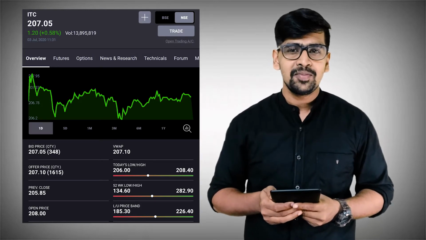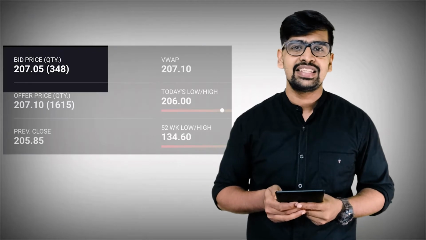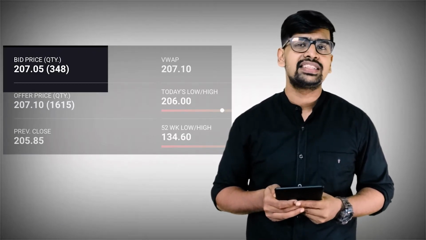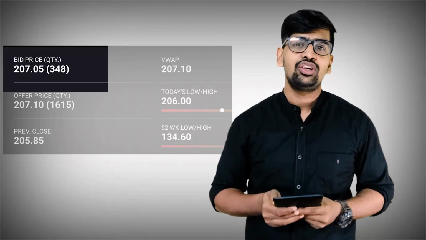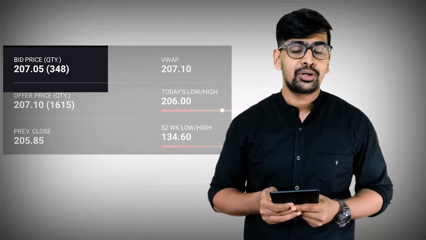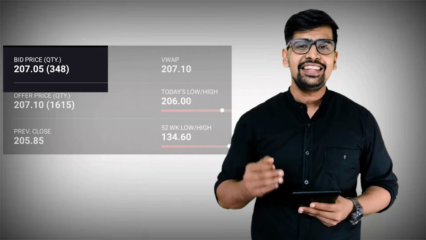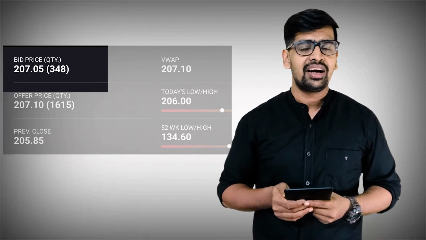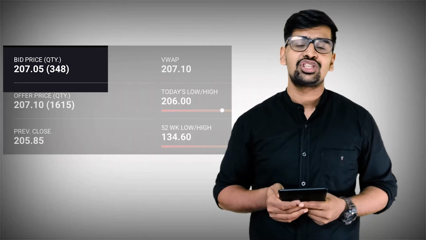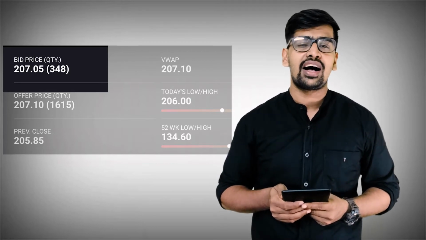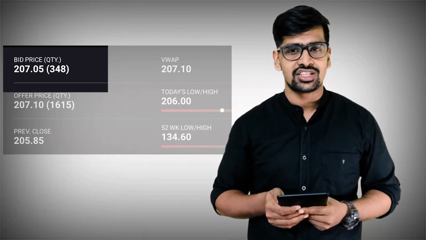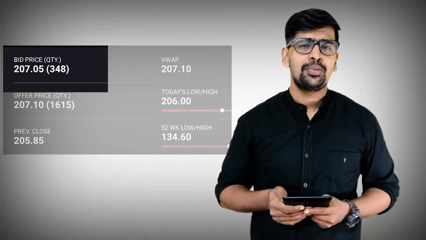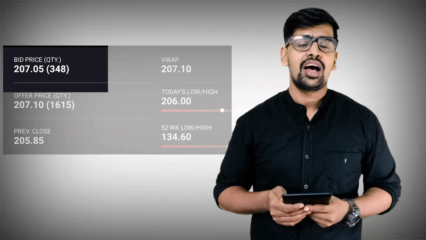The next term that you can see on the screen is the bid price. Bid price is the highest price that the buyers are willing to pay for the stock at that particular point of time. In the stock market, the buyers are always looking for a lower price to buy their stocks, and the sellers in the stock market are always looking for a higher price to sell their stocks. Now, this bid price tells you the highest price that the bidders are willing to pay at a particular point